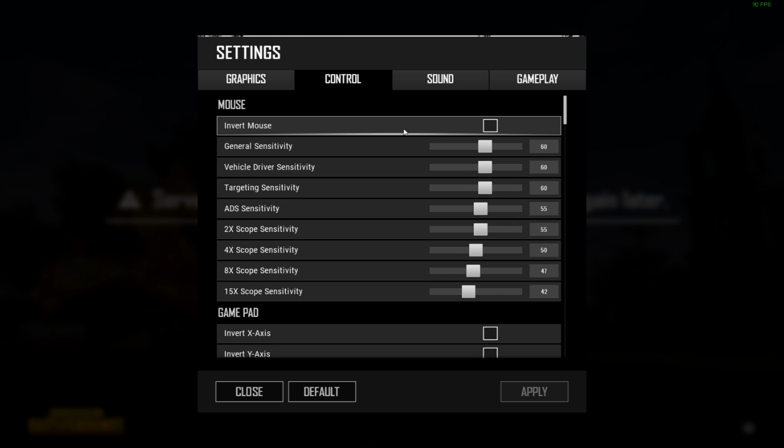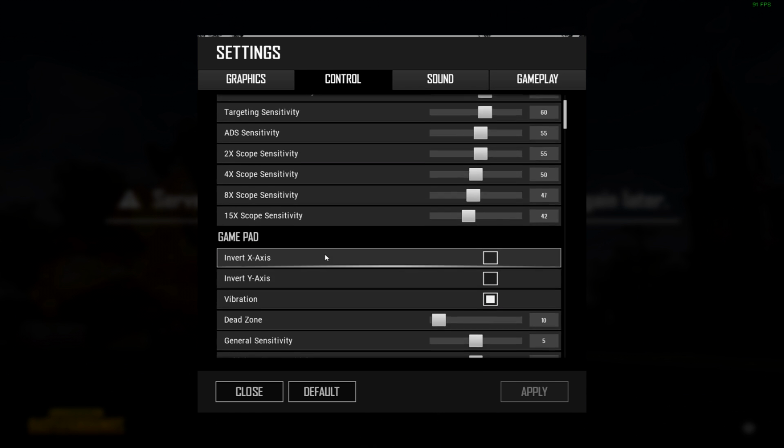I wouldn't recommend just copying all this. I would just use this as a template. For example, if you have a 400 DPI mouse, you can go with this, but everything's different, so I wouldn't recommend copying this directly. But if you want to, you can, and see how it goes. You might be very good with it. Anyway,